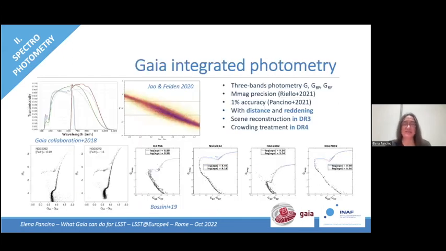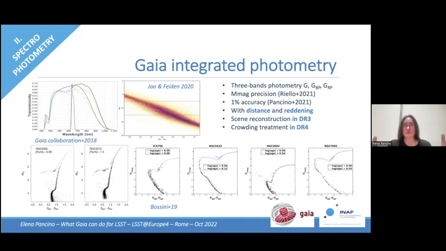So what happened is that, especially in the BP and RP spectrographs, because these are dispersed images, and so they are a bit longer than the G images, you have in crowded areas such as globular clusters, the disk of the Milky Way, and specific regions in the sky, you can have crowding effects, right? And what happens, well, I didn't put everything in the slides, but we have several tools we can use. For example, astrometry is much more spatially resolved than spectrophotometry.